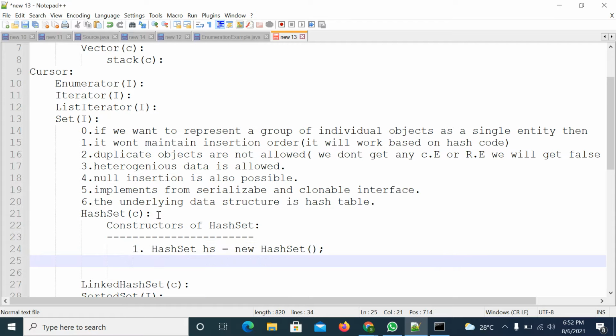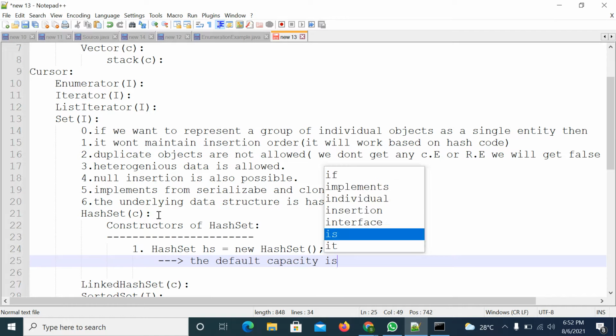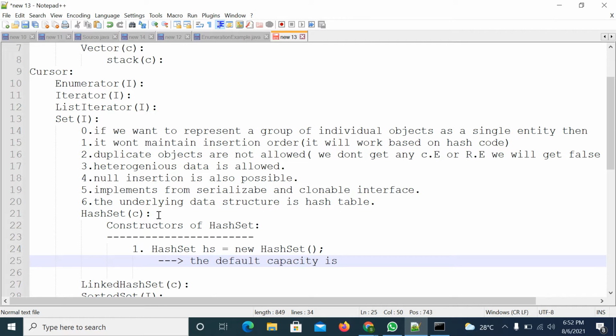If you create a HashSet object in this way, the default capacity is 16.